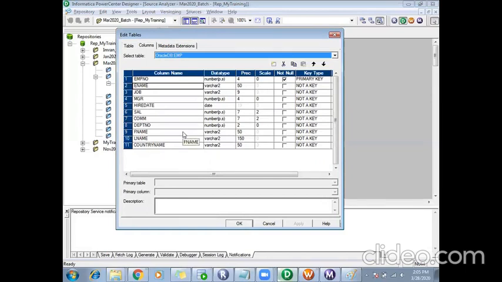As Ashwath was asking, in case you feel you don't want to use the country name, you can remove this column. You can select it and click on this, cut a column from this table, and it will be removed. But we don't prefer you to do this here in the source analyzer. You can do it when you use this table. You are still not using this table in your code. You are just